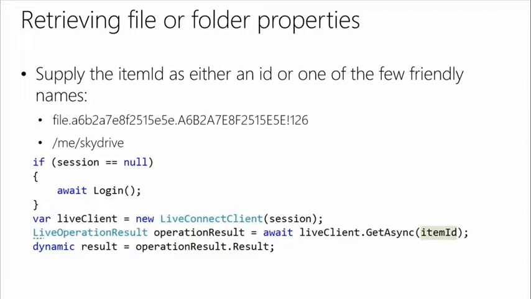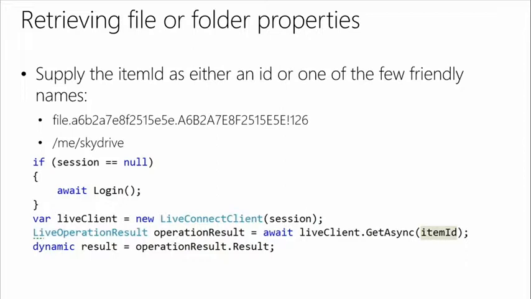So in order to do this, we need to log in. If our session is null, then we check for a login. And we need to keep doing that because our session can expire. To log in is actually relatively straightforward, as you demonstrated. We create a new LiveConnectClient session. This is actually not a login. This is actually leveraging the session for interacting with it. But LiveClient.GetAsync, so this is going to call our get method. So it's a get